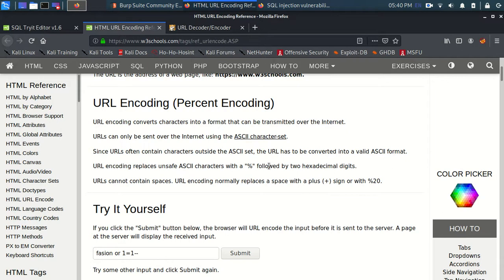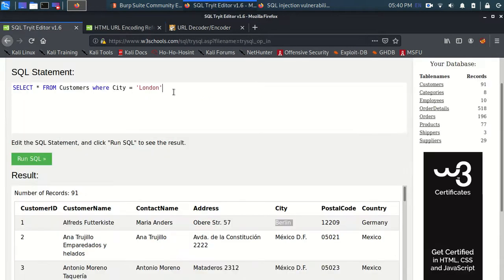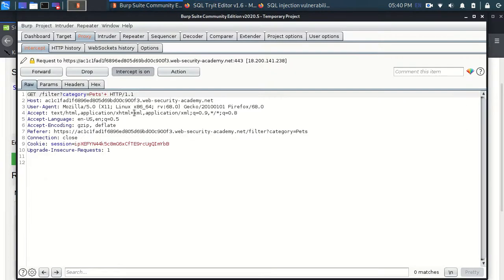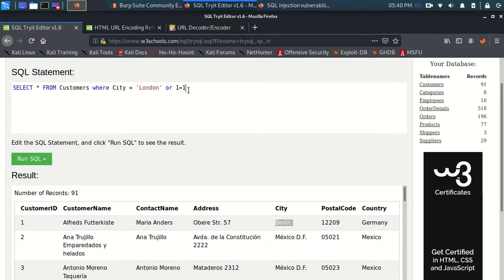So over here where we were writing London space or space 1 equal to 1, just like that, for space I have put plus, then there is or, then again a space, and there is 1 equal to 1, and I am using dash dash. Actually this is not the real SQL, but if I type any random values and put dash dash, it will comment it out and that won't run anymore.